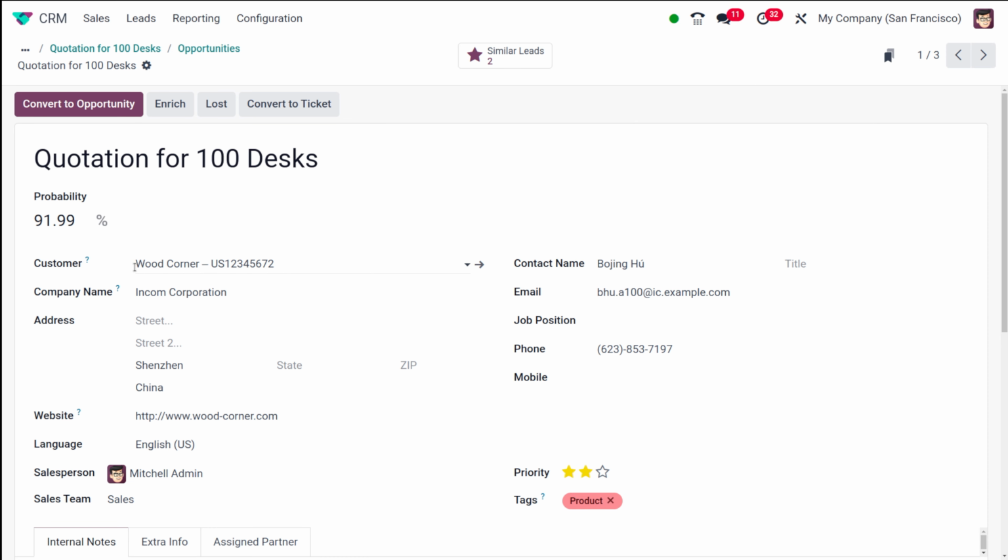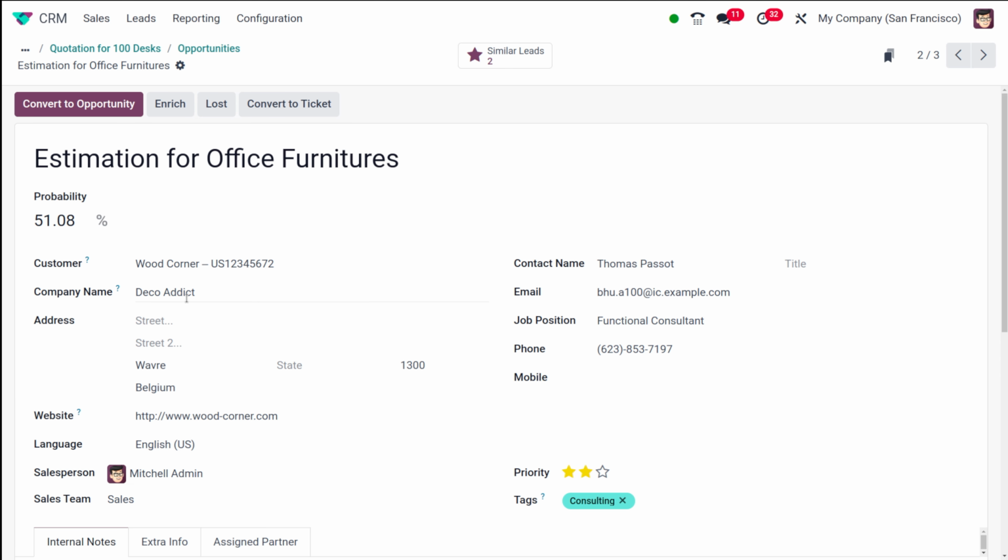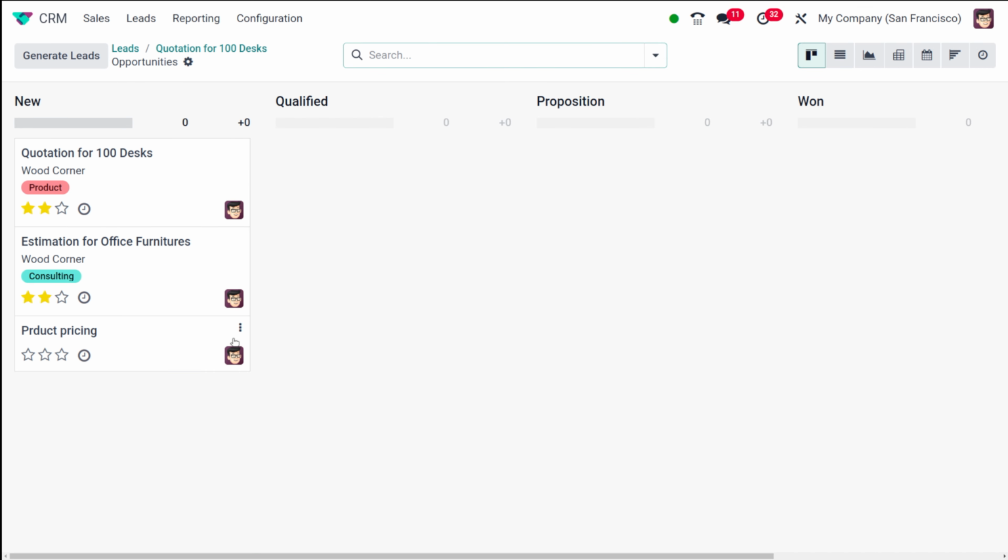If I open this here, you can see the customer is this, company name is, sorry, it's Corporation. And you can open the other one also. There, the company name is different. You can even add discussions to confirm whether they should indeed be merged. You can take a look and make sure whether it has to be merged or not. Remember, when you merge, no information is lost. Data from the merged opportunity is logged into the chatter and the extra information field for reference, keeping a complete history.